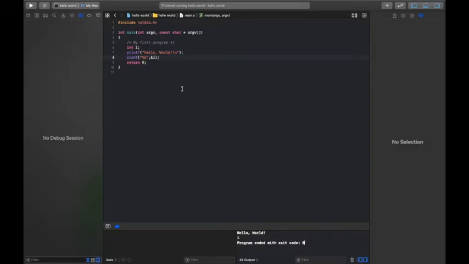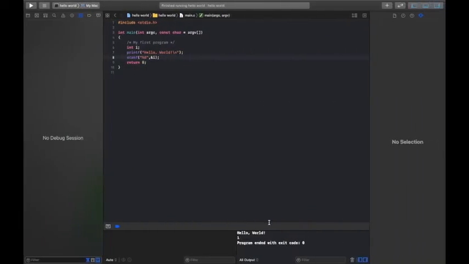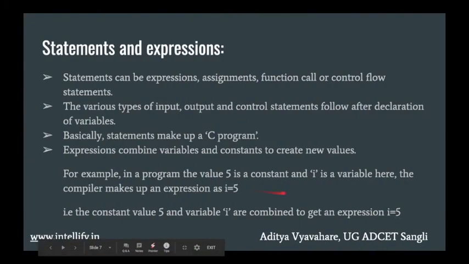First is printf, second is scanf. A C program is basically made up of statements. Without statements, a program cannot exist. Expressions are nothing but a combination of constants and variables. For example, if we put the value 1 in the variable i, the compiler makes up an expression as i equals 1.